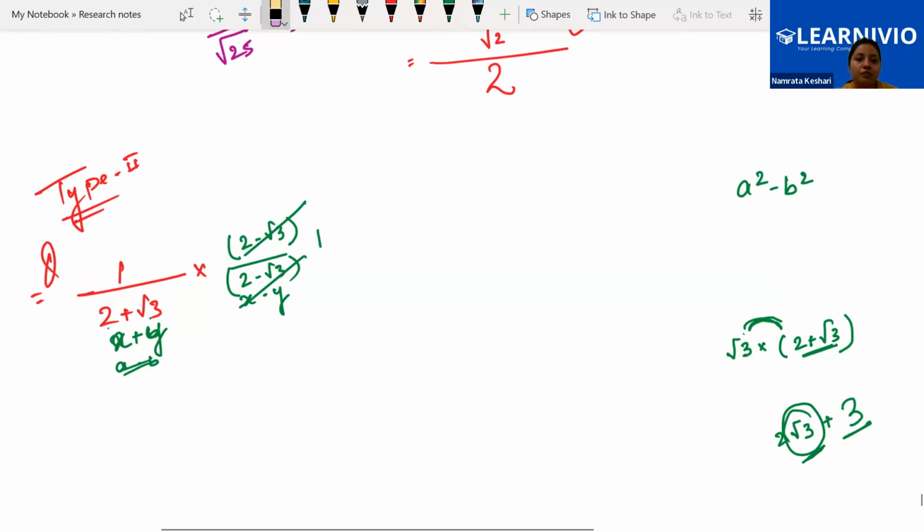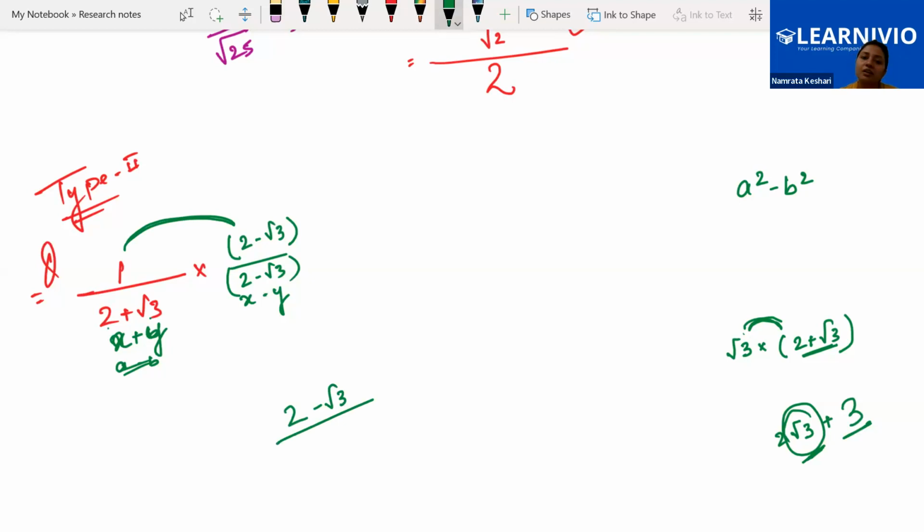Yes, ma'am. So we multiply 2 minus root 3 in the numerator as well as in the denominator. Now the numerator becomes 1 into 2 minus root 3, just 2 minus root 3. If a square root term is in the numerator, fine, but we don't want it in the denominator. Now the denominator, 2 plus root 3 and 2 minus root 3, is x plus y, x minus y, so we can use the formula x square minus y square. That means 2 square minus root 3 whole square. Simplifying, we get 2 minus root 3 over 2 square, which is 4,